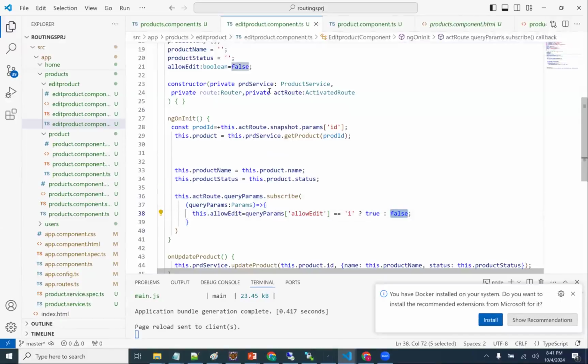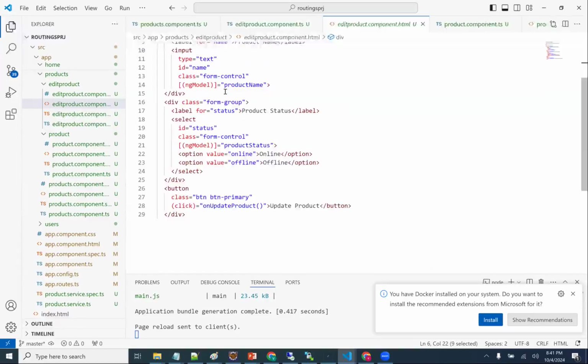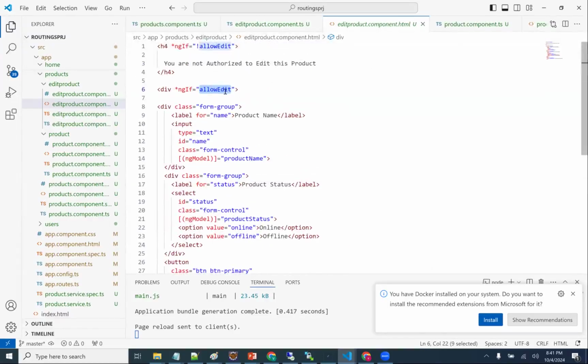In HTML, I did the you're not authorized div and the you're authorized div. This is how end to end we can implement passing data from component to component, where in nested components we need to transfer the data from component 1 to component 2. This is what query params preserve is equal to true does.